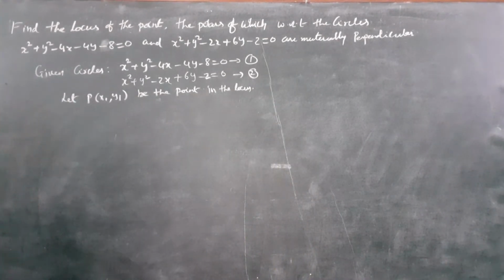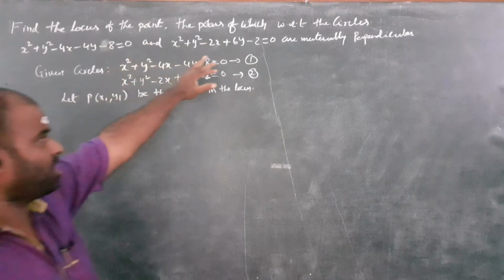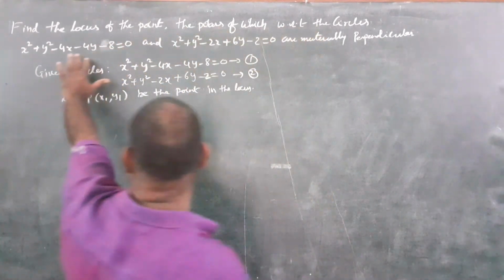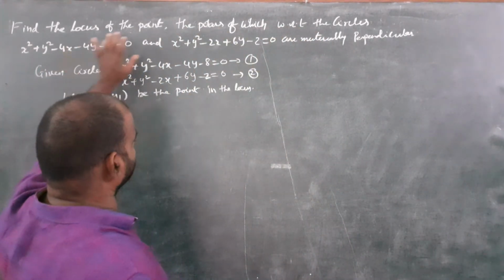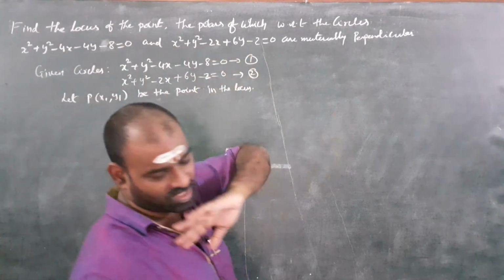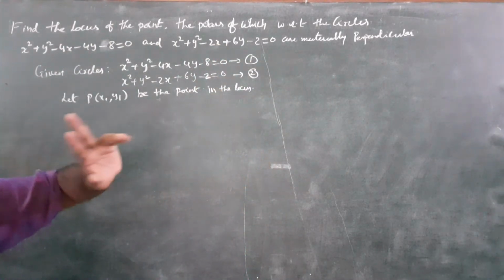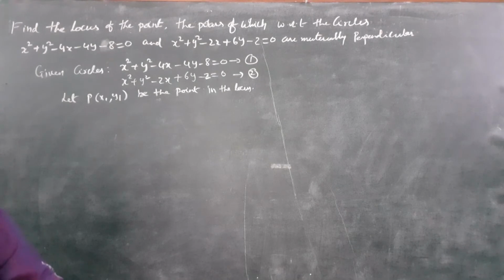So friends, the next sum is on the board. You have to observe it. Find the locus of the point, the polars of which with respect to the circles, this is one circle and this is another circle, are mutually perpendicular. If there is a point on the locus, meaning a group of points,